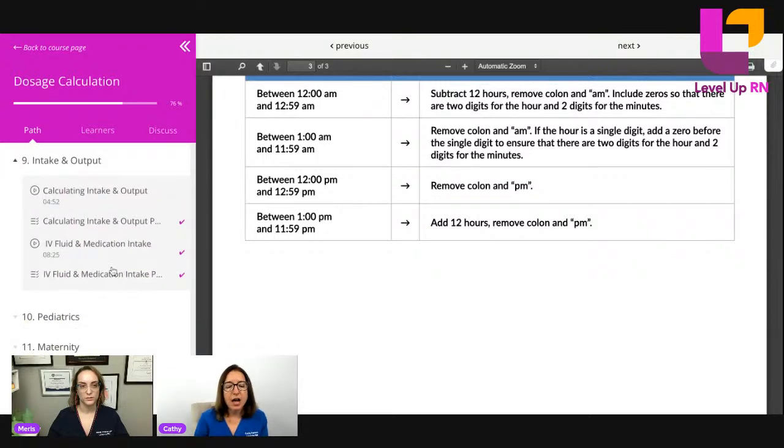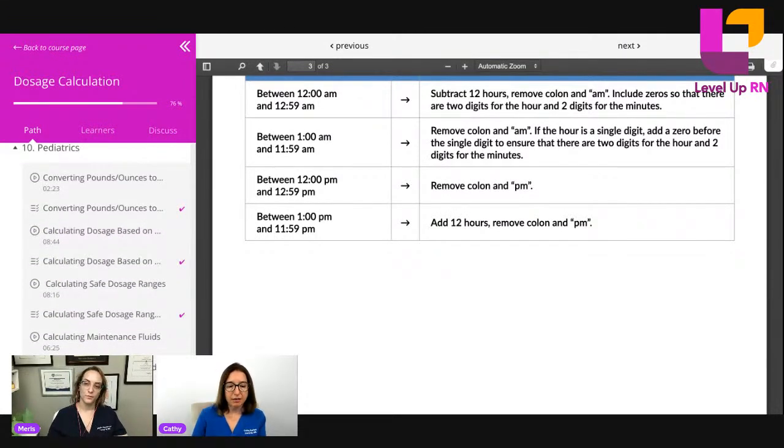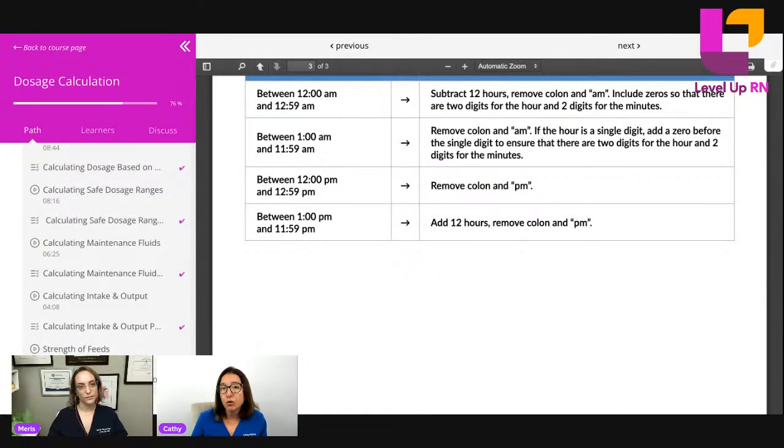We have a chapter on IV fluid and medication intake. This would include calculation problems involving IV piggyback medications. So when a patient just has a single IV access and they're getting continuous fluids, but they're also getting IV piggybacks, how much fluid is the patient getting? And then we have pediatric-specific calculations here: converting weights, calculating safe dosage ranges, calculating maintenance fluids for a pediatric